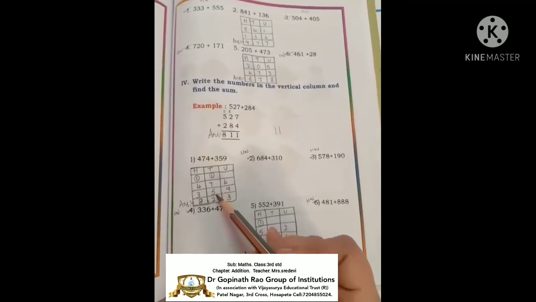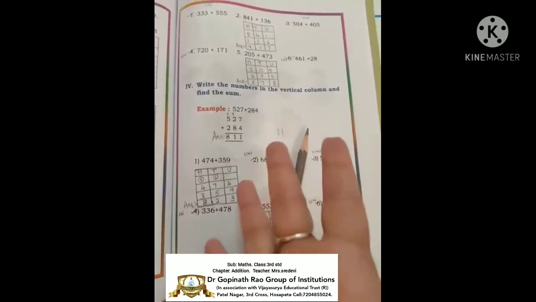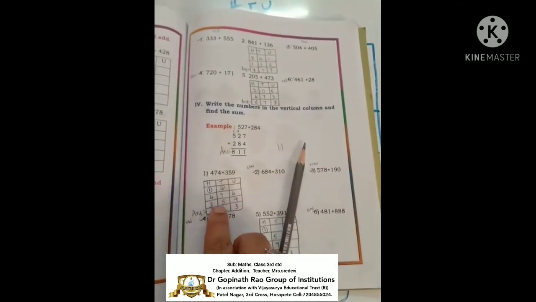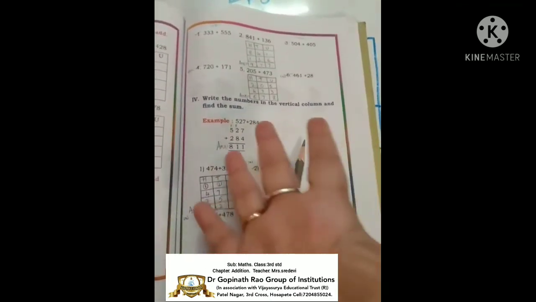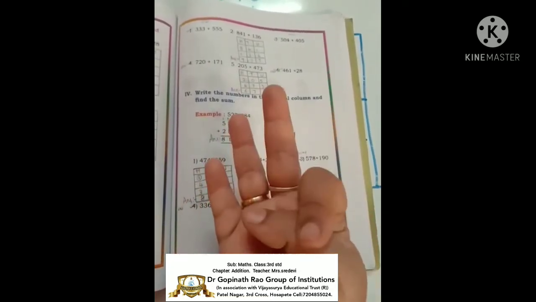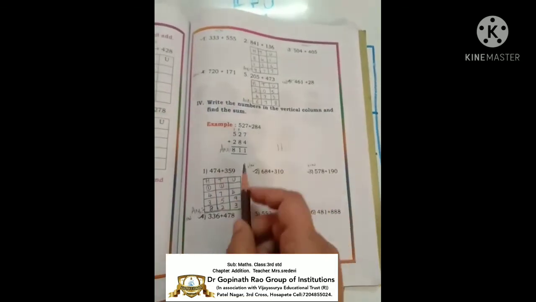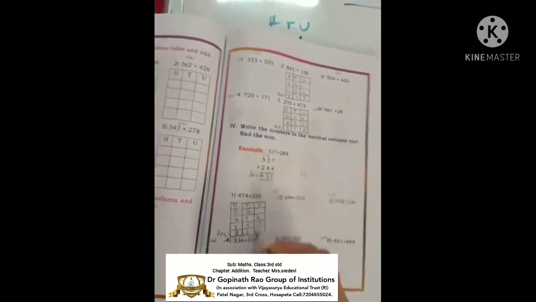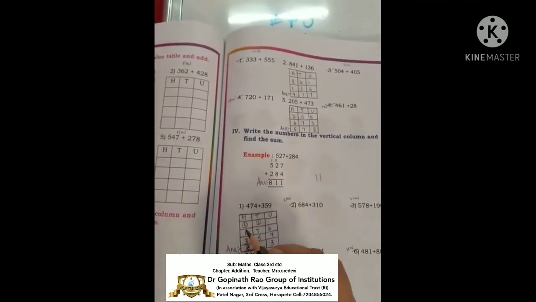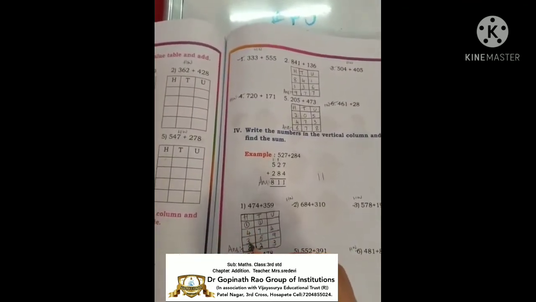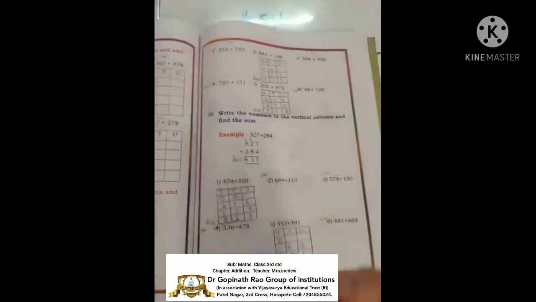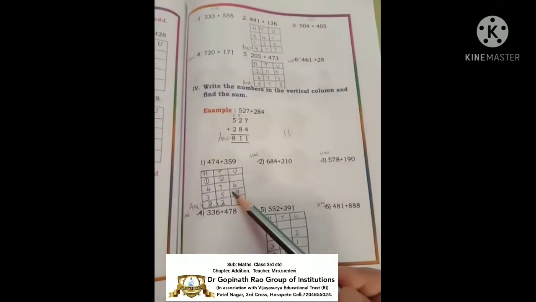Next 7 in a mind, 5 on finger. After 7, 8, 9, 10, 11, 12. See, we have to write 12. 12 plus 1 is how much? 13. So write down here 13. Here next 4, 5, 6, 7, 8. So answer is 833. Okay children, this is the first example.